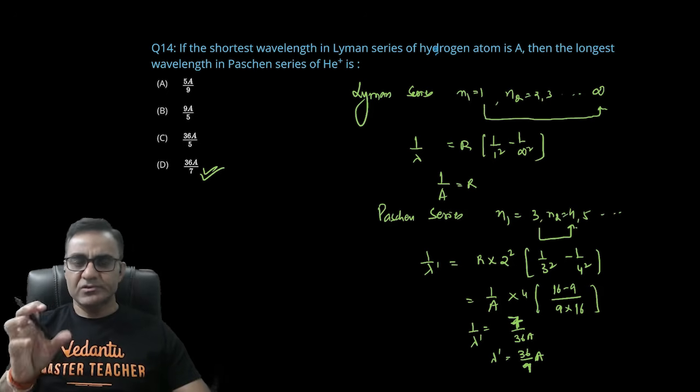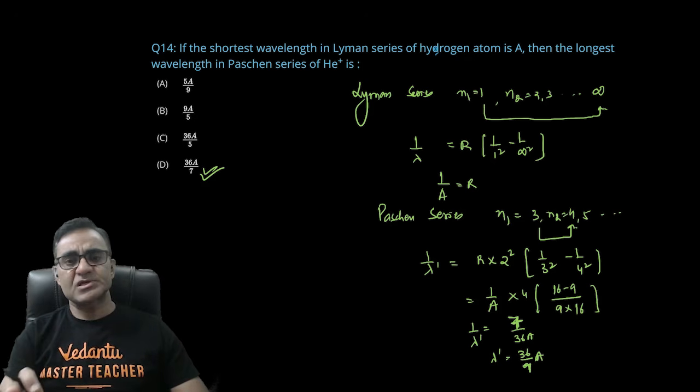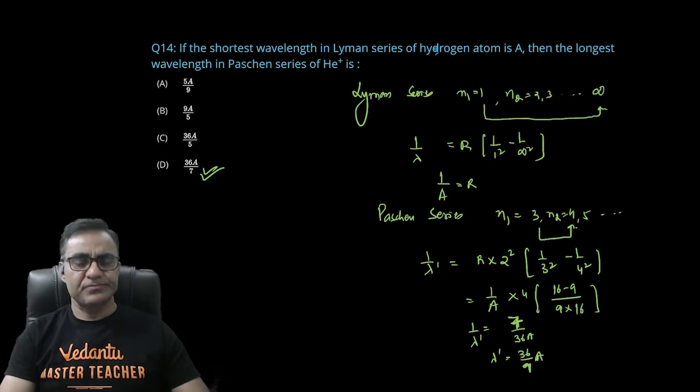तो ये बेसिकली हाइड्रोजन स्पेक्ट्रम का क्वेश्चन है। शॉर्टेस्ट वेवलेंथ के लिए एनर्जी डिफरेंस लार्ज होना चाहिए एंड लॉन्गेस्ट वेवलेंथ के लिए एनर्जी डिफरेंस शॉर्ट होना चाहिए। उस कंसेप्ट पे बेस्ड है ये क्वेश्चन। ऑलराइट,